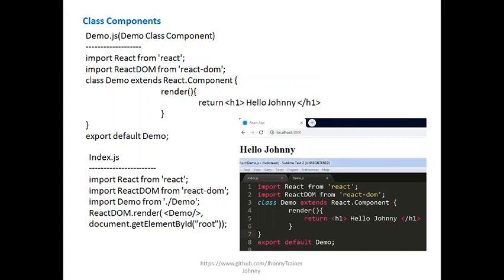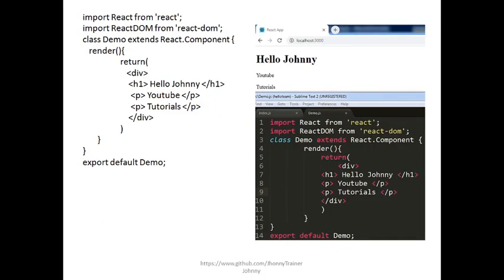It is extending the React component. We have imported the library, and remember we should always use the export statement, as well as import it in the parent component where we want to display it. Next, we have used multiple lines, but whenever you are trying to use multiple tags in a return statement, we should always enclose them in a div tag, so that we will not get an error, as JSX elements should be wrapped. We should always use the div tag.